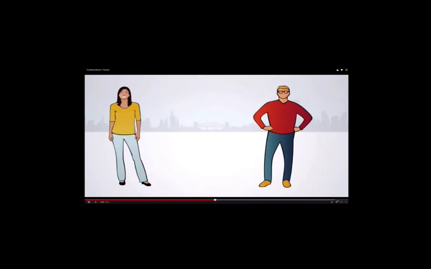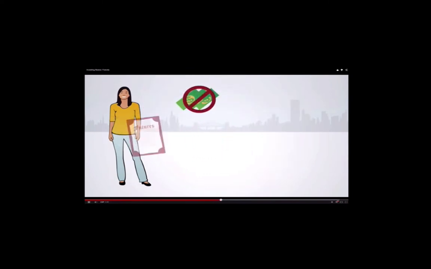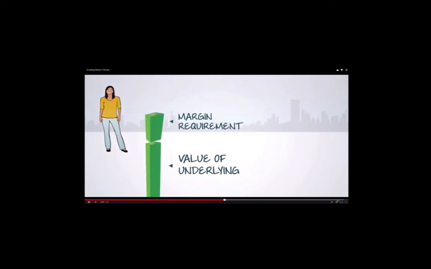Buying futures is different than purchasing a stock or an option. When you purchase a futures contract, you do not need to make a large payment up front. Instead, you are required to keep money in your account to fulfill the margin requirement. The margin requirement is only a small percentage of the value of the underlying asset. It's intended to be enough to cover the likely maximum one-day loss from changes in price to the value of an asset specified by the futures contract.